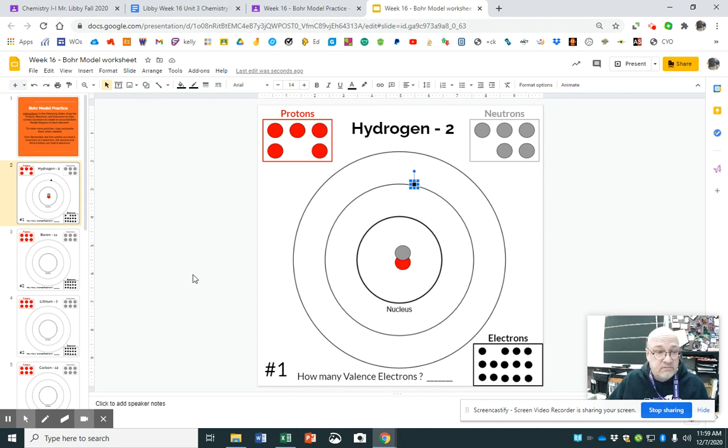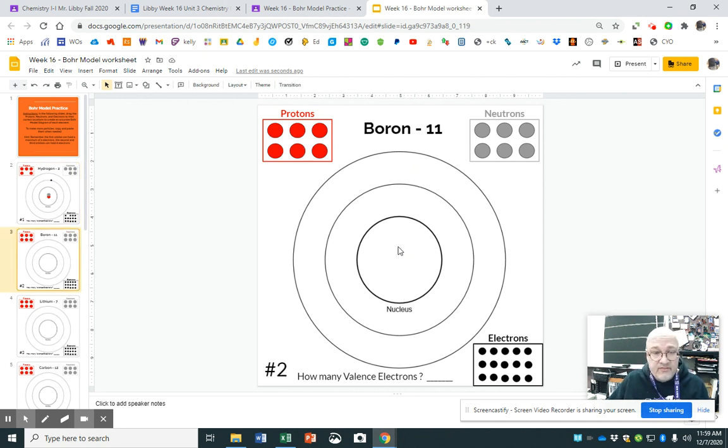That's what you do. So boron 11, boron has 5 protons because it's atomic number 5. 6 neutrons because 5 plus 6 is 11. And then you put 5 electrons out here. 2 go on the first shell and the rest go on the second shell. That's what we're doing